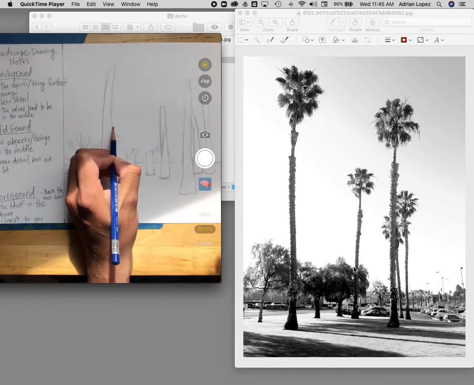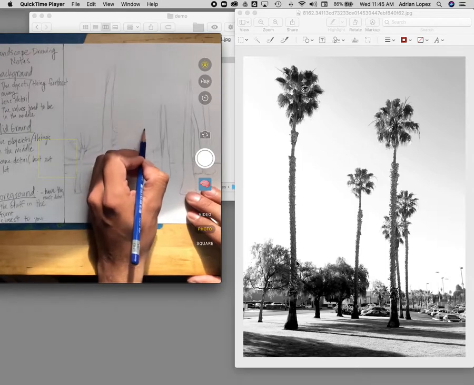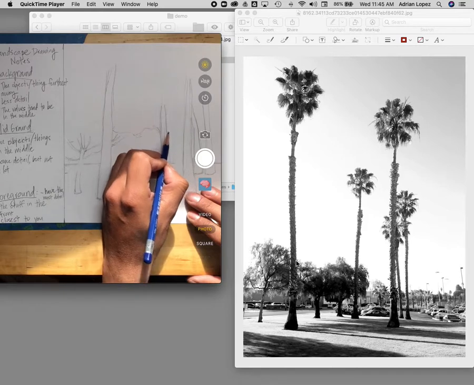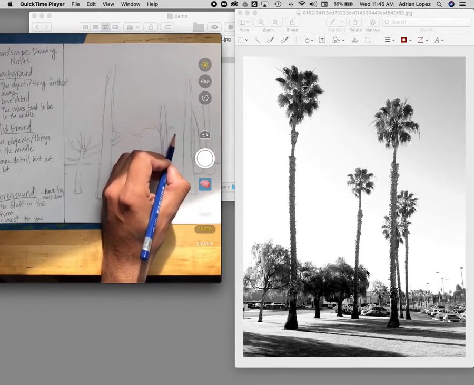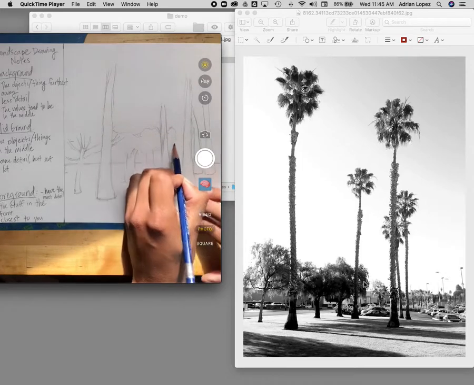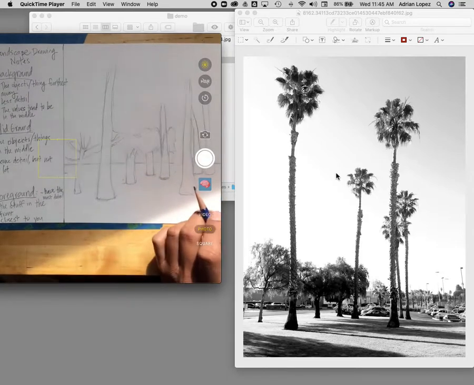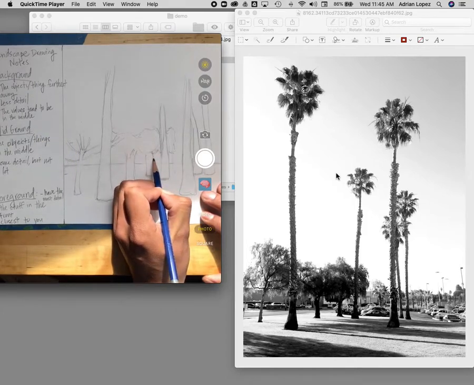So that is here. This spot that I'm pointing at with my pencil is going to be right here. And so this comes down, right? Again, very light, not too dark. And then it goes up and comes down, and then it goes over to the other palm tree over here, right? Comes down. Again, this is a very rough contour drawing of the shape of our trees. Okay, and then it goes in, comes down,